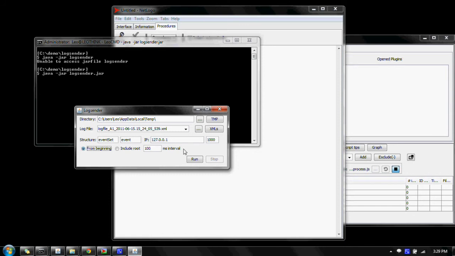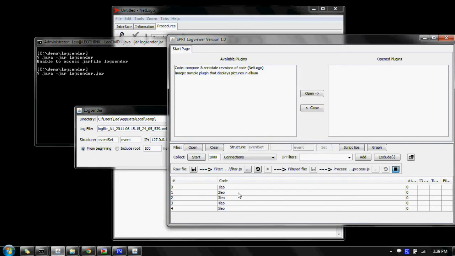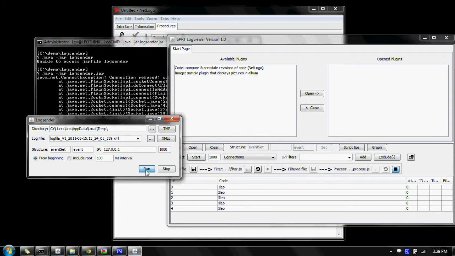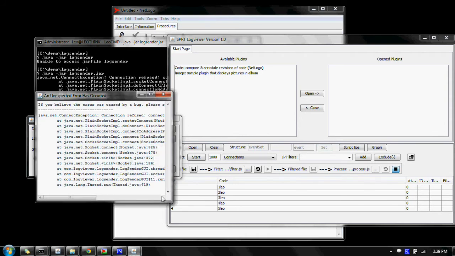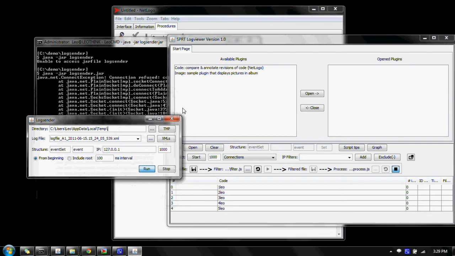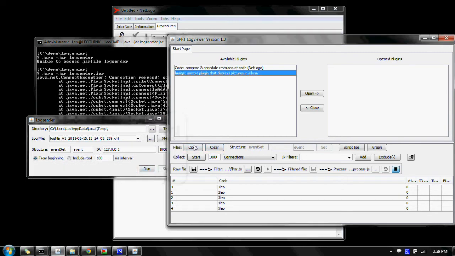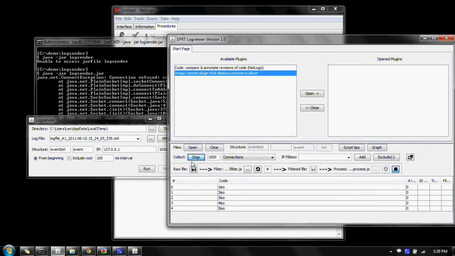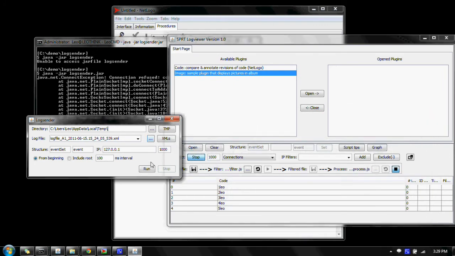I'm going to send it from the beginning. I have a log already opened, and I have the process script running so we can see the code. So I'm going to say run. Oh, that's because I haven't started the connection on the server, so the connection needs to be started. Okay, so I ran it, and now